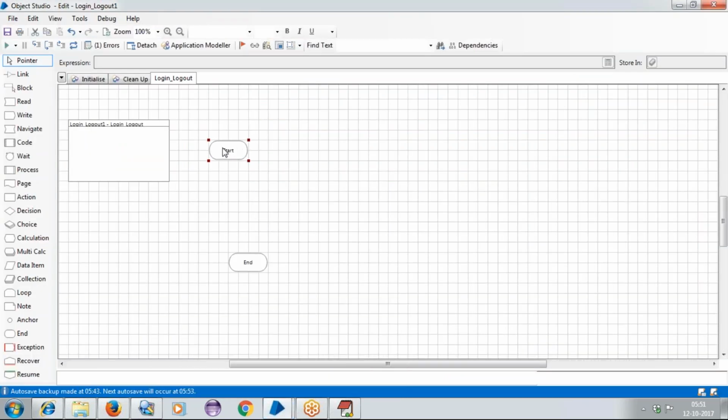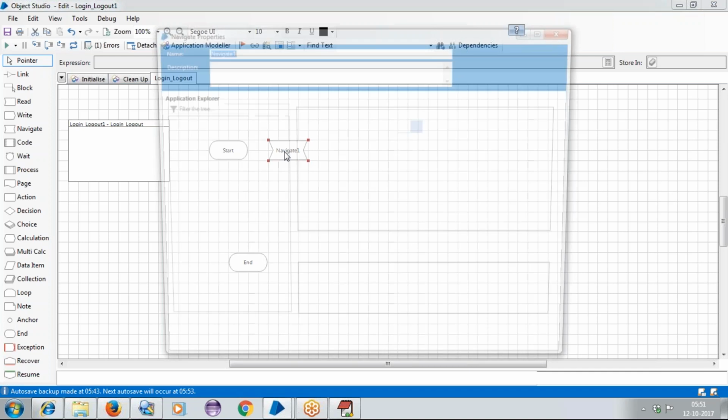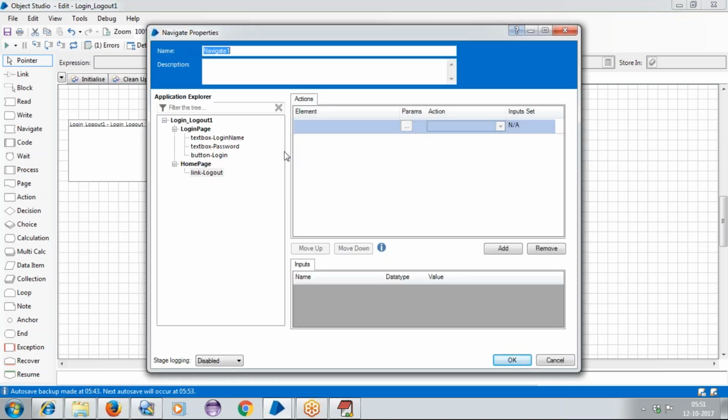Now you will be navigating to our page. So now if I'm taking the start button, after that I need to open the application. So to open an application, you will take the navigate stage here, because we need to navigate to one particular URL. Making a drag and drop of that navigate here, and then double click on it. Once you double click on it, it will ask for the name. I'll be mentioning that as open application.